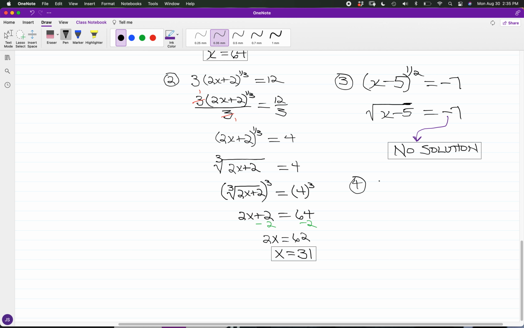And I'll just take this, modifying this the least bit. If I have the quantity of x minus 5 to the 1/2 is equal to 7, then x minus 5 to the 1/2 is the square root of x minus 5 is equal to 7. Here I have a positive 7, and I can reduce an even root radical to a positive. So if I square both sides,